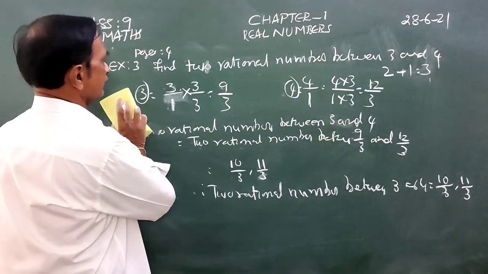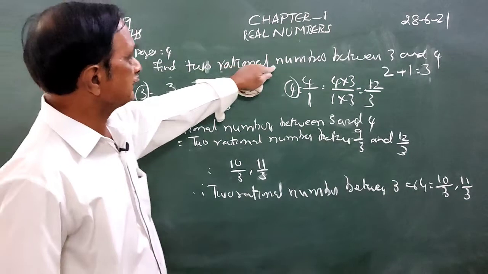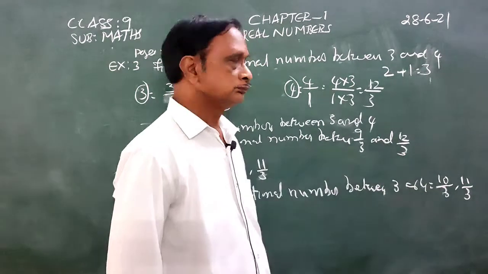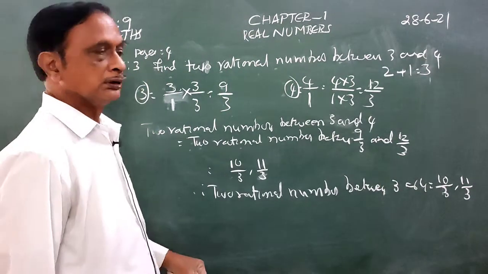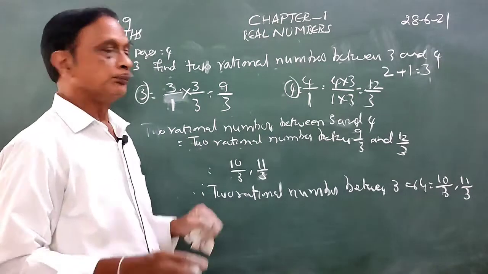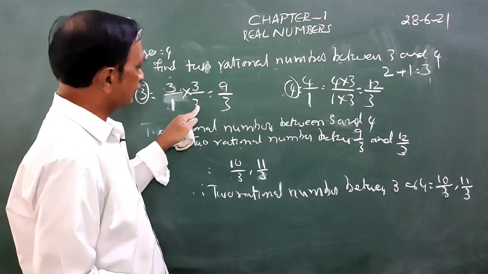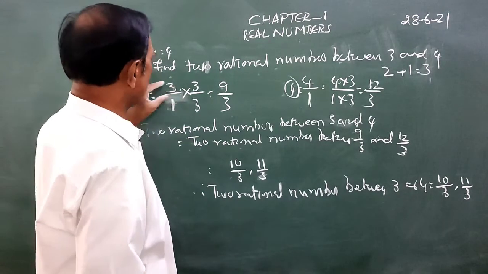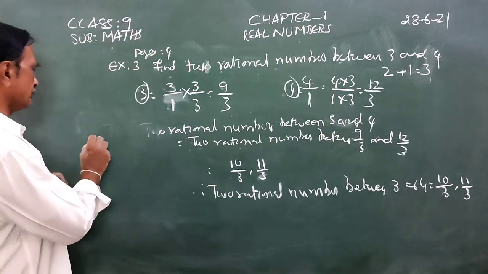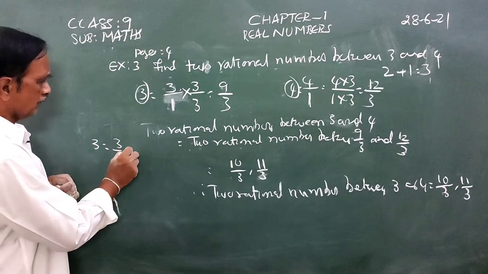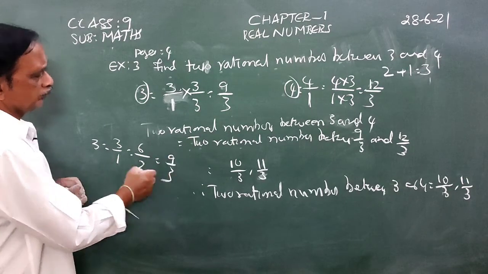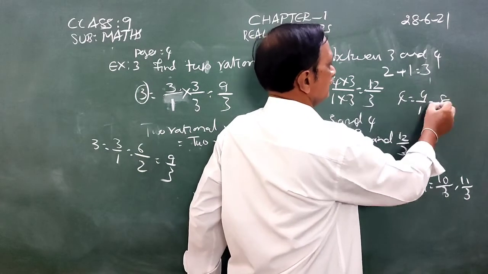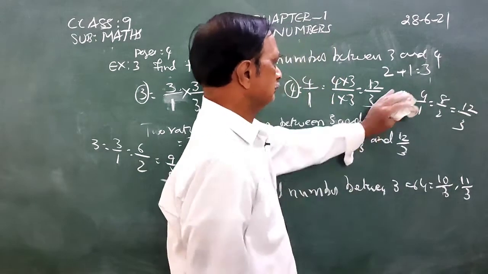Now, we take another example. So first of all, find two rational numbers between 3 and 4. As we need two rational numbers between 3 and 4, 2 plus 1, 3. Here 3 can be written as 3 by 1. Now we want to make the denominator as 3. To make the denominator as 3, we multiply the denominator 1 by 3. And you have to multiply the numerator also by 3 to get equivalent rational number. Here in the next it is given that 3 can be written as 3 by 1, 6 by 2, 9 by 3 and so on. Whereas 4 can be written as 4 by 1, 8 by 2, 12 by 3 and so on.